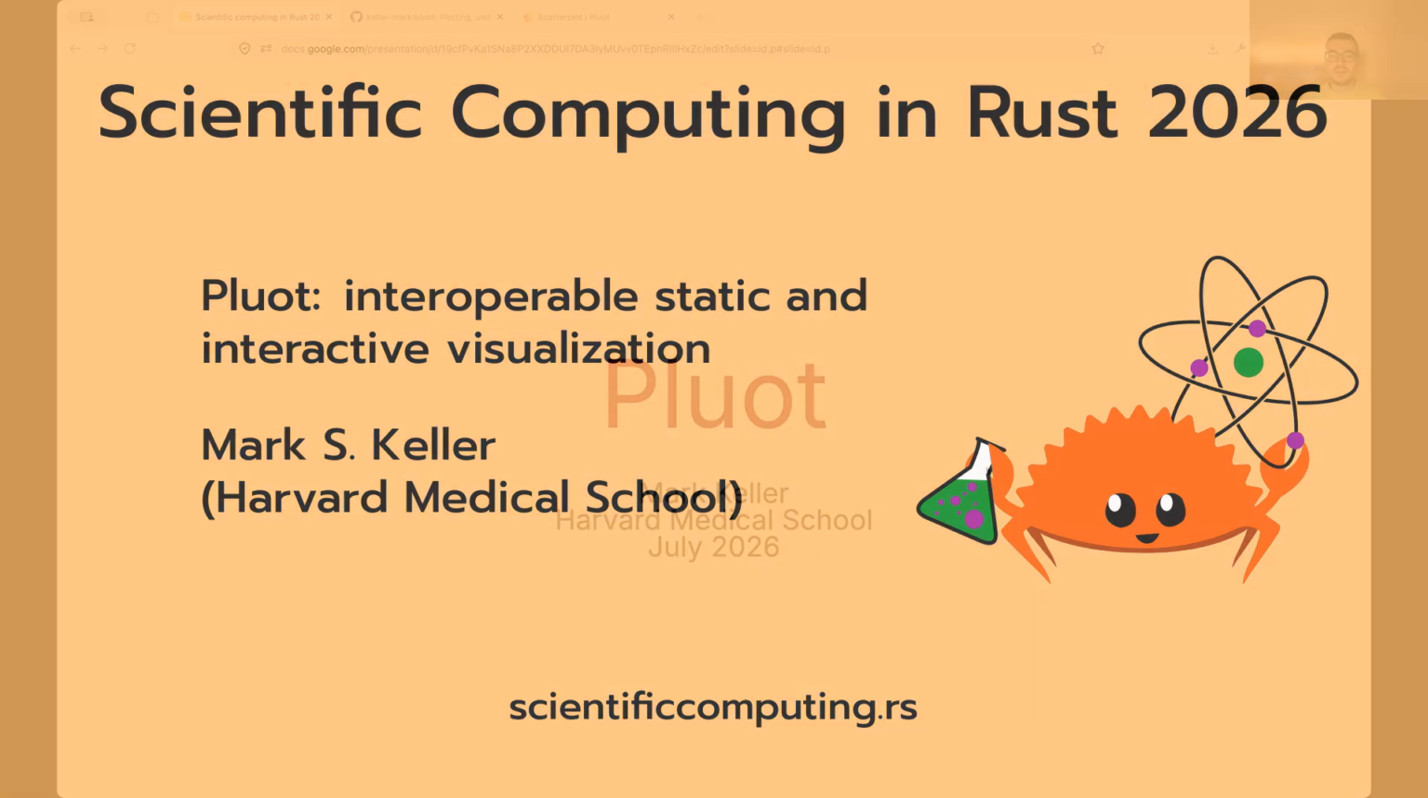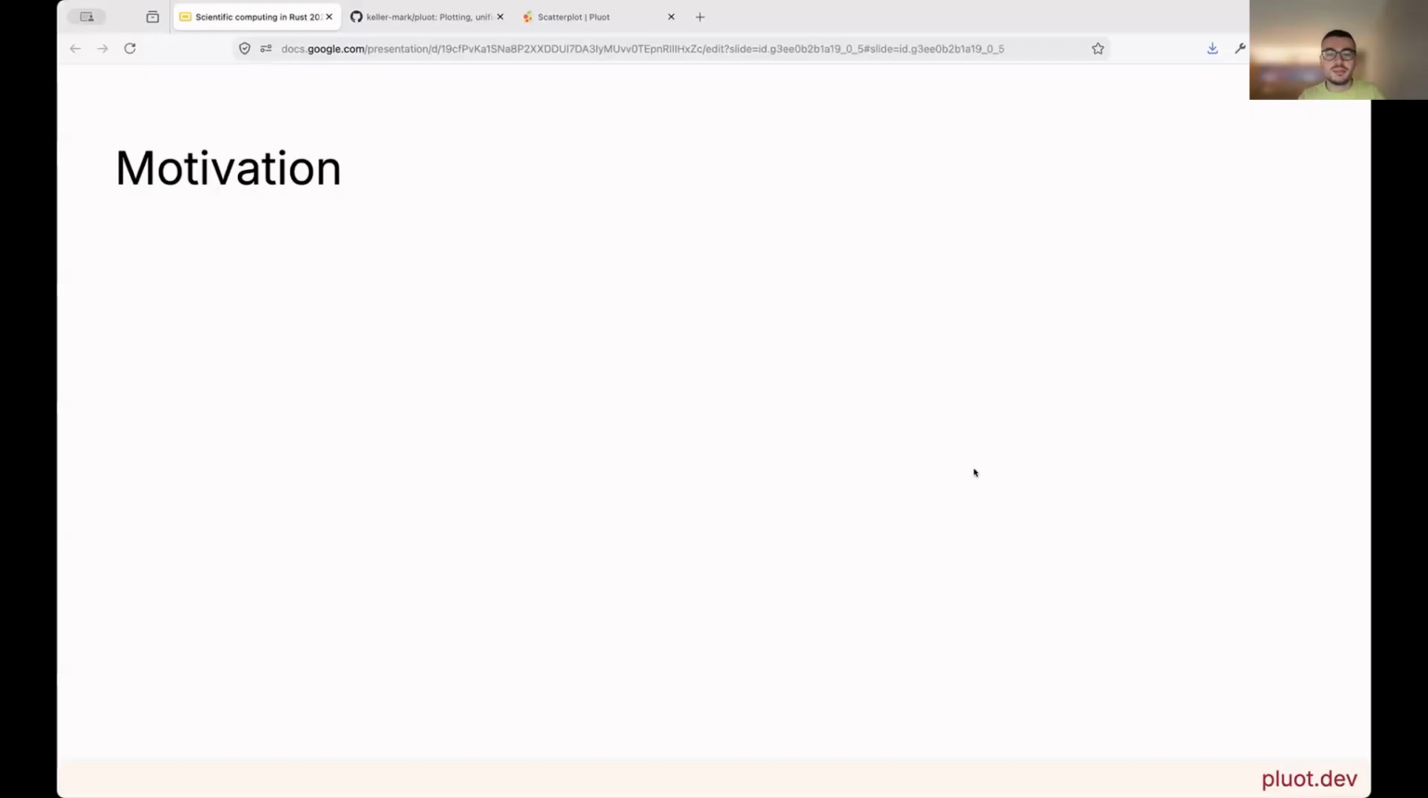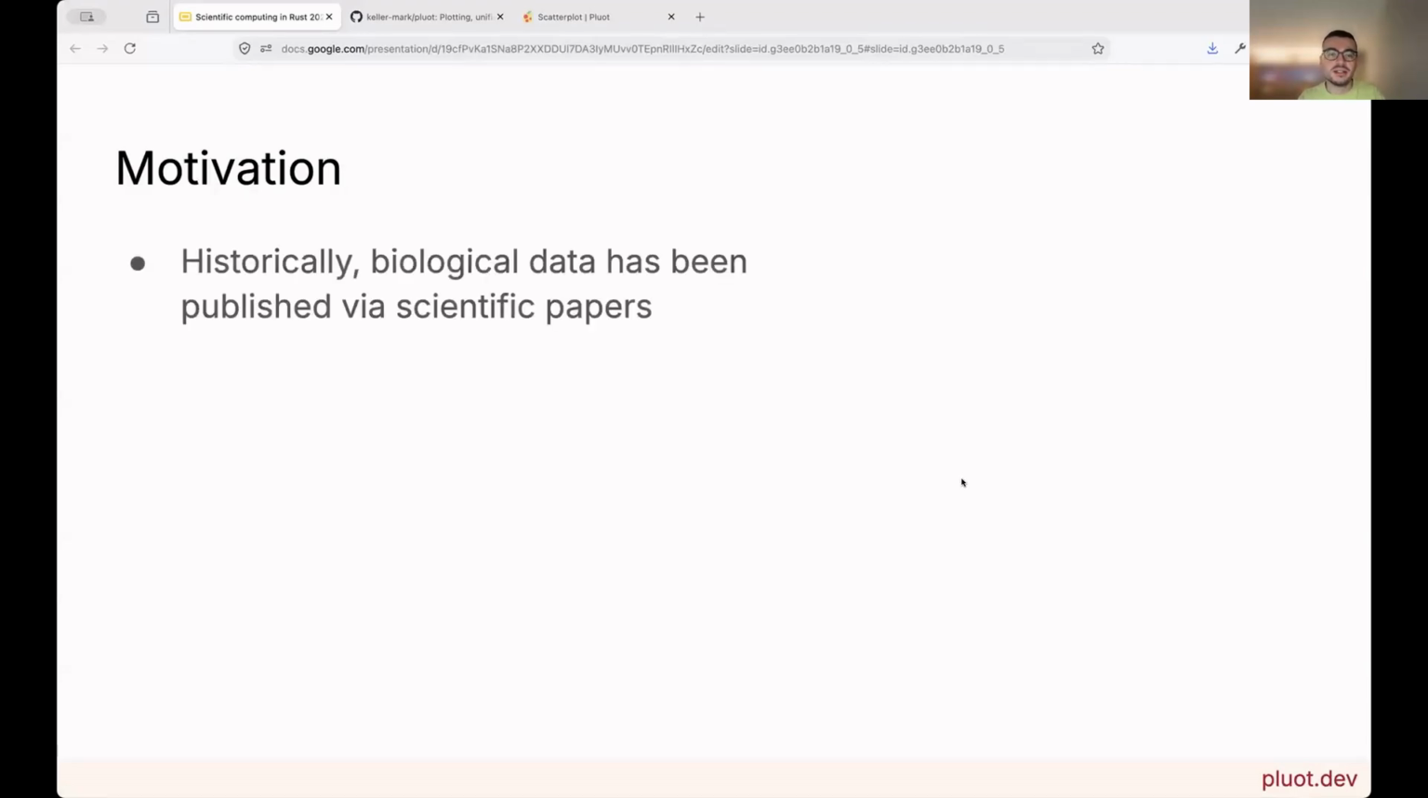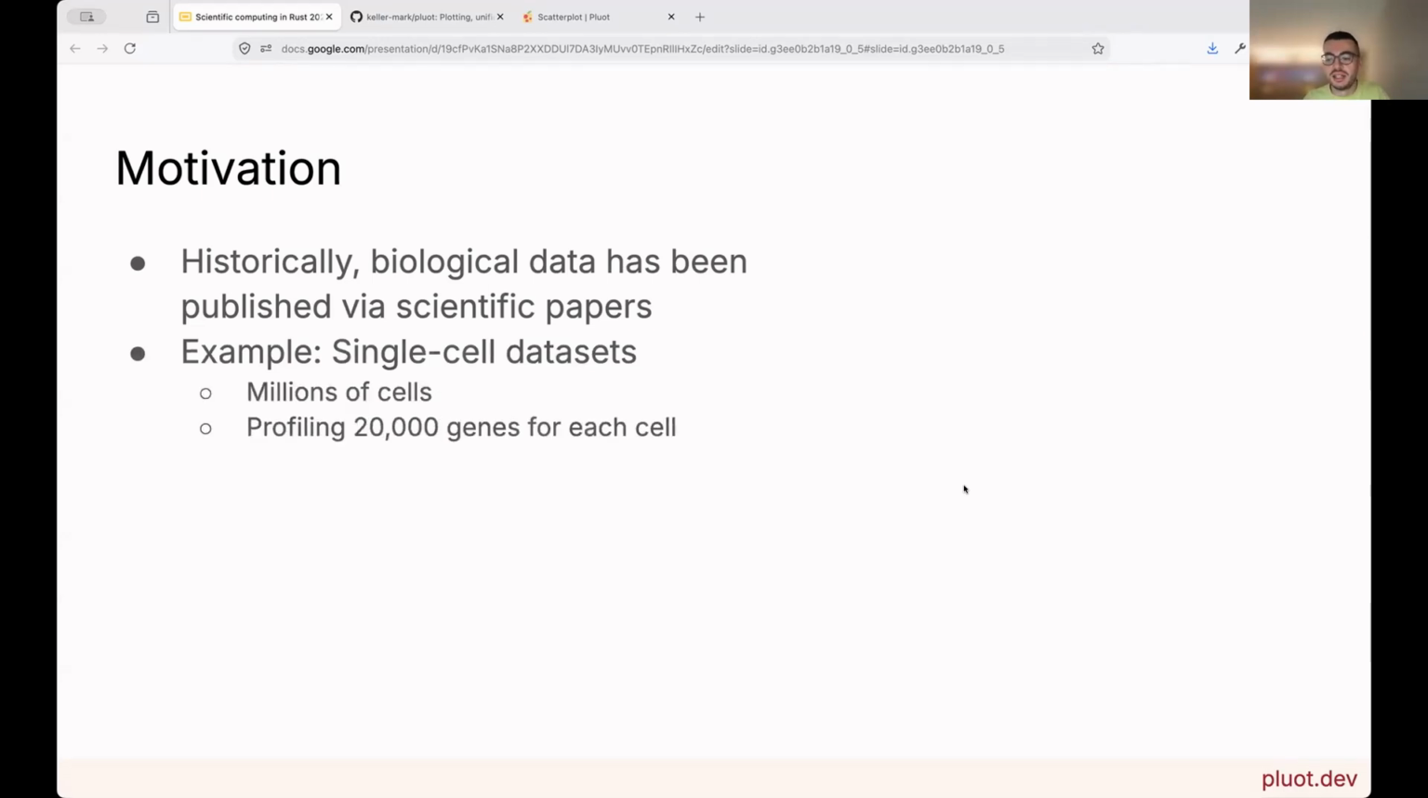Thank you. Just to give some motivation for this talk, when thinking about scientific data and the publication of data from experiments, historically this has been through academic publications, scientific papers, and I'm working specifically with single-cell biology data, where you have millions of cells and you're often profiling thousands of genes for each cell. And every reader of this publication may have their favorite gene and want to look at how this is expressed